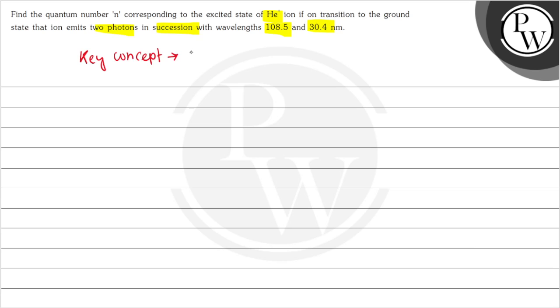तो चलिए सबसे पहले देखते हैं इस क्वेश्चन का की कॉन्सेप्ट क्या है। सो इस क्वेश्चन का की कॉन्सेप्ट है हाइड्रोजन स्पेक्ट्रम। व्हाई हाइड्रोजन स्पेक्ट्रम? बिकॉज हीलियम प्लस इज ए स्पीसीज लाइक हाइड्रोजन। तो अभी देखिए हमको यहाँ पे टू लैम्डास गिवन है, दैट इज लैम्डा वन, दैट इज 108.5 नैनोमीटर इज इक्वल टू 108.5 इंटू